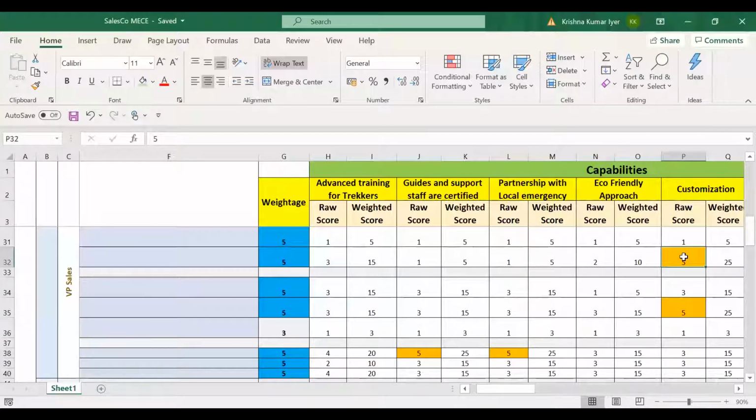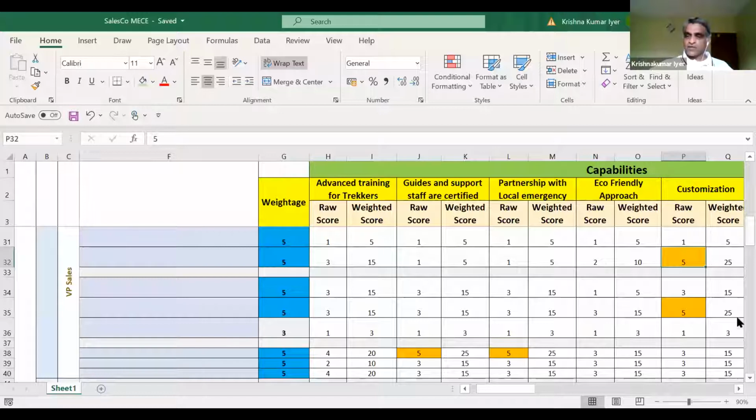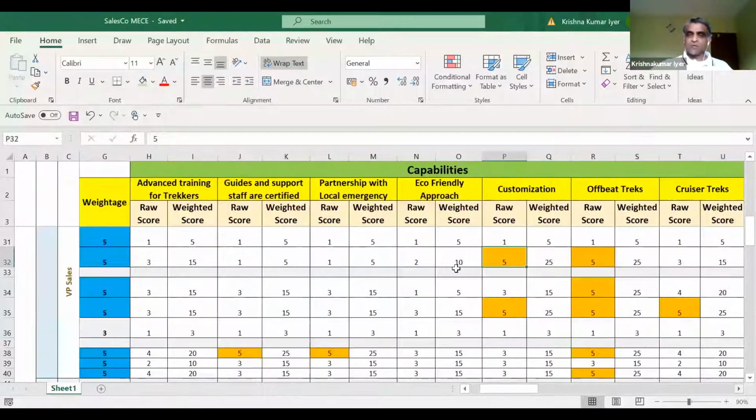And this comes as part of our capability to customize our treks, and that's exactly what we are trying to represent here. Now, given the fact that we are tying up with a sales consultant and we are offering them a good solution to help address that issue of teamwork, we are scoring a raw score of 5. This 5 represents the fact that you have a very good ability to help resolve this issue. And this 5 multiplied by that weightage of 5 gives you a weighted score of 25.